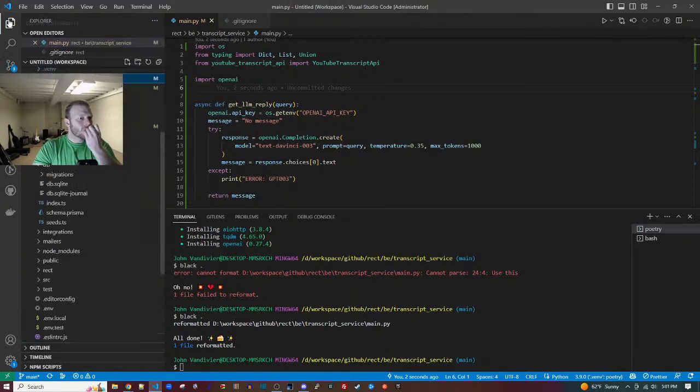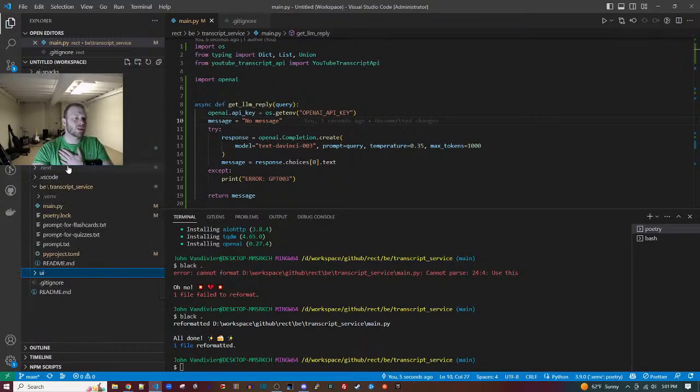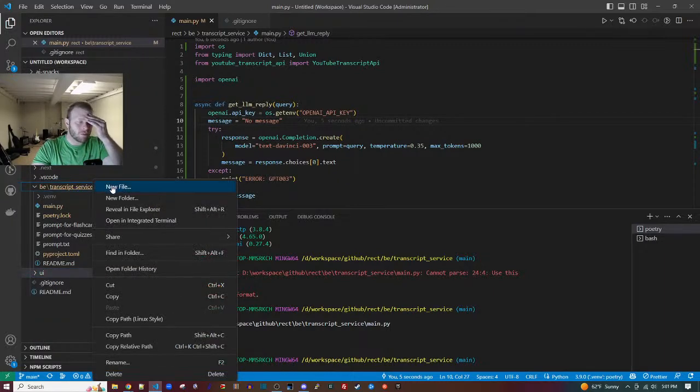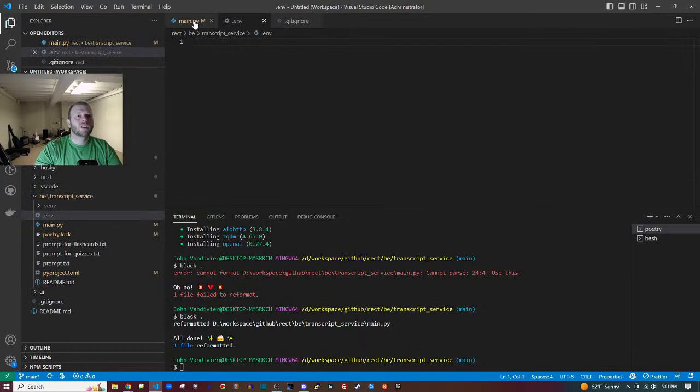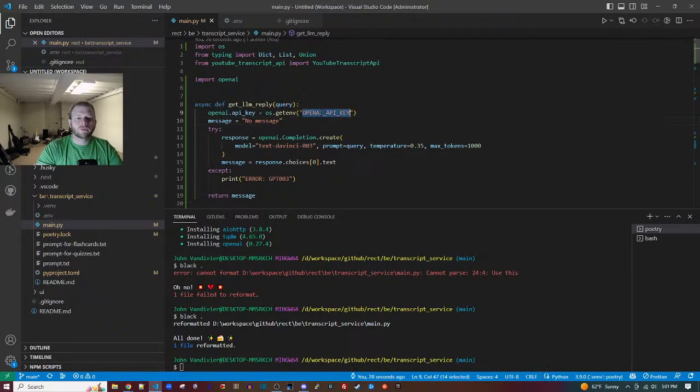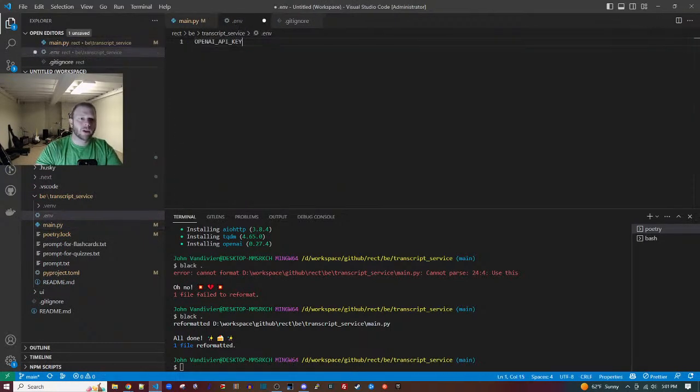Okay, so this is the UI. We want to edit the BE. Here we'll put the OpenAI key, and we'll call this foo.